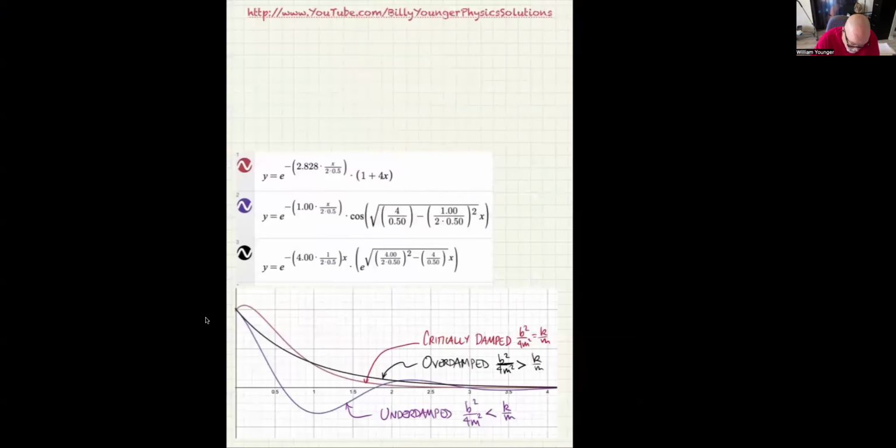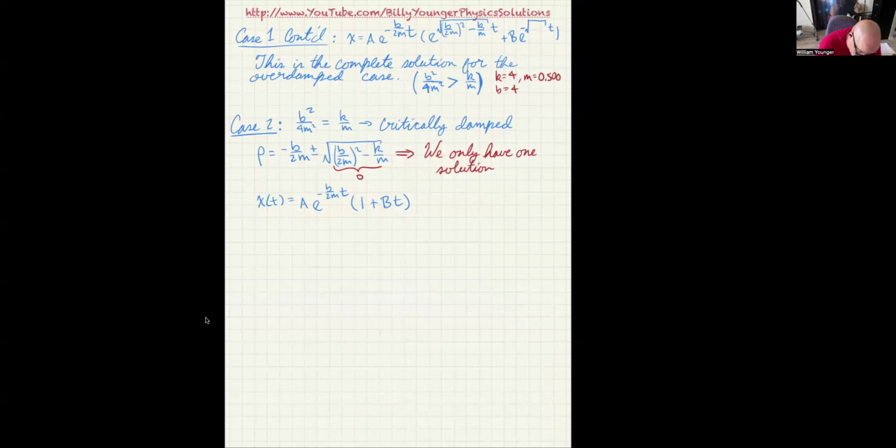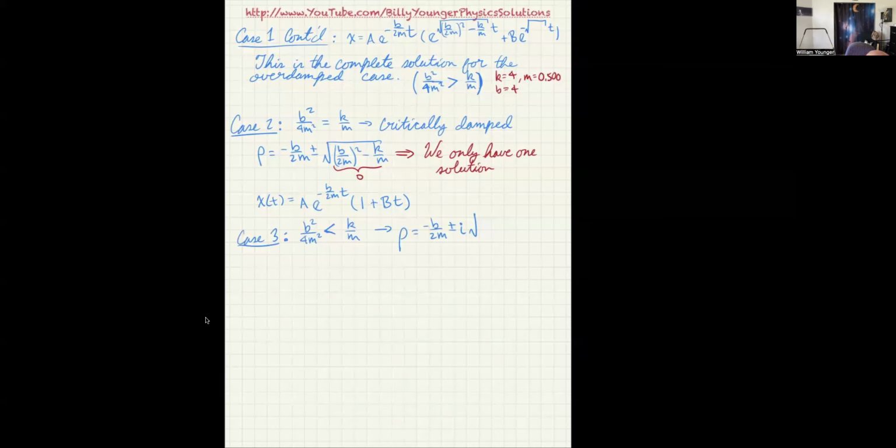Now I have to do the case 3, which hopefully you've already guessed what that's going to be. So now for case 3, this is when b squared over 4m squared is actually going to be less than k over m. That means rho equals negative b over 2m plus or minus i times the square root. Now, since b squared over 4m squared minus k over m gave us a negative under the square root, which produced that i, I'm going to write it in the opposite order and it'll automatically make it real. So in this case, I have to write k over m minus b squared over 4m squared